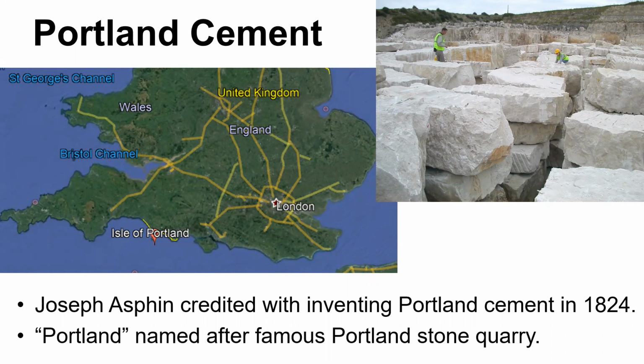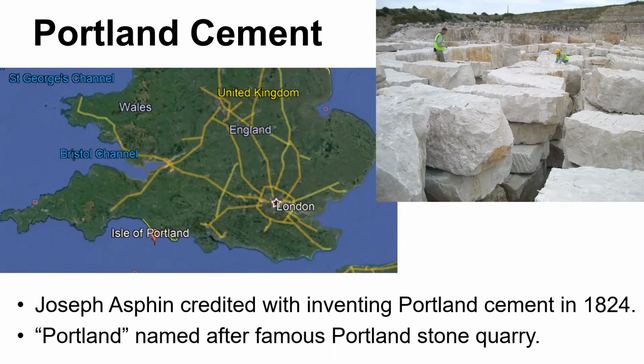And so what Joseph said was, you know what, this Portland cement, I'm going to call it Portland cement, so that you can literally take just powder. You can add some water with it. You can add some other stuff. You can mix it up, and you can make your own stones in the shapes that you want,